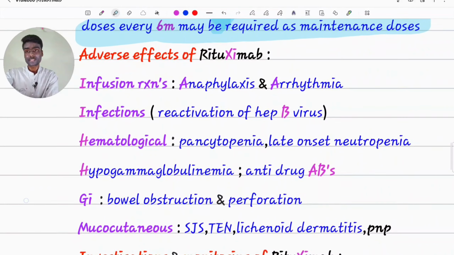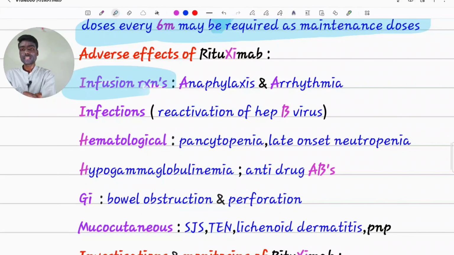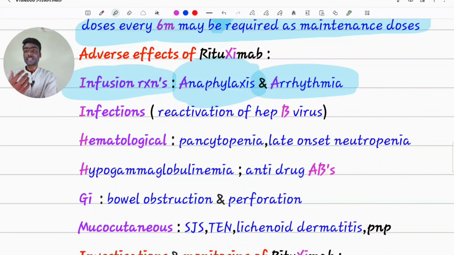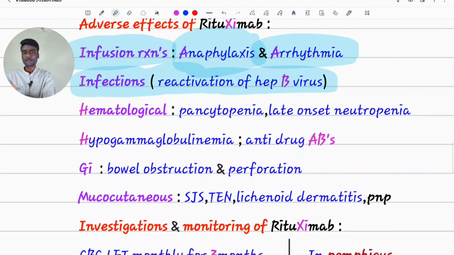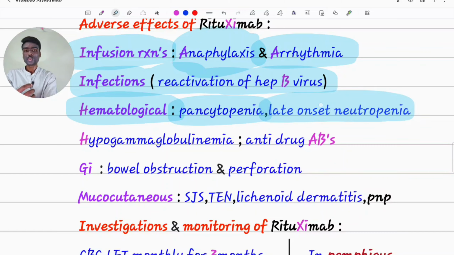Coming to adverse effects of rituximab: infusion reaction. While infusing the drug itself, we can get anaphylaxis, arrhythmias, tachycardia. Later, we can get infections, mainly reactivation of hepatitis B virus. Hematological side effects like pancytopenia, late onset neutropenia,